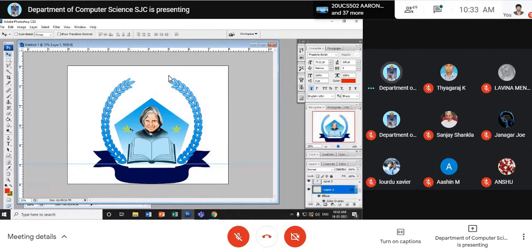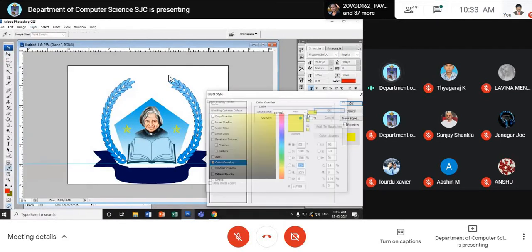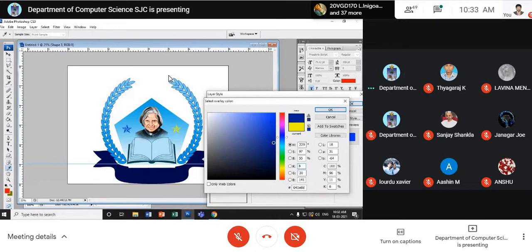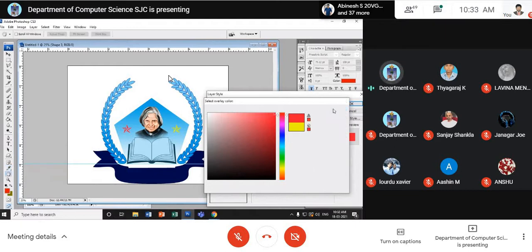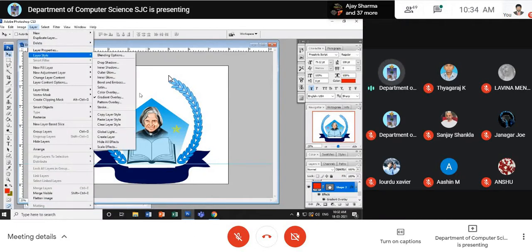And the star, I select it here. I go to layer style, color overlay, and keep a dark color. Maybe red color, you can choose red color to just make it visible. I can go for white also, white outer glow also.